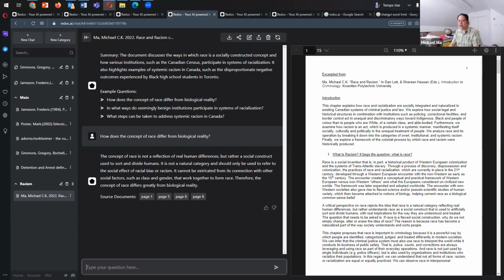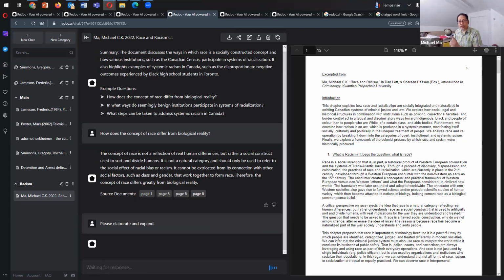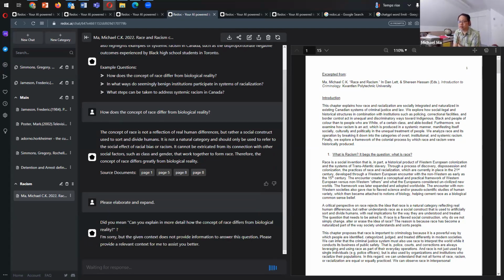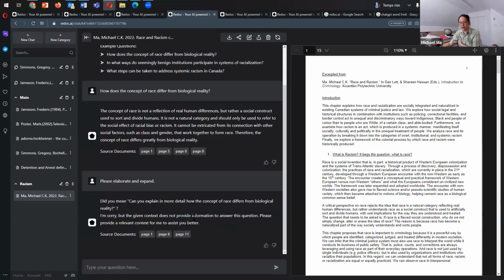Here, what if I just say, please elaborate and expand? Will it understand that? Yeah. Again, it comes back with this. Did you mean, can you explain in more detail how the concept of race differs from biological reality? And then it says, what does it say? I'm sorry, I can't provide. So I think this is very